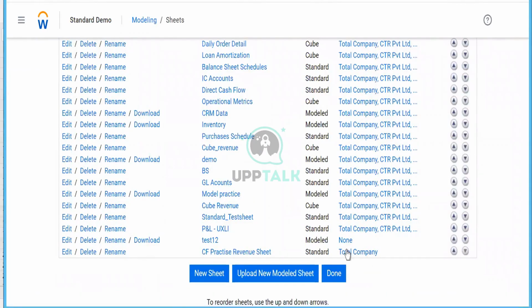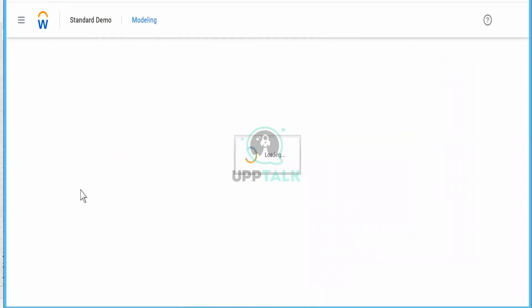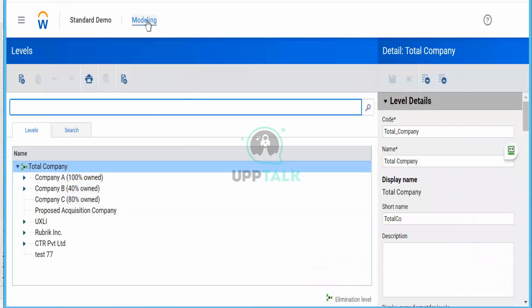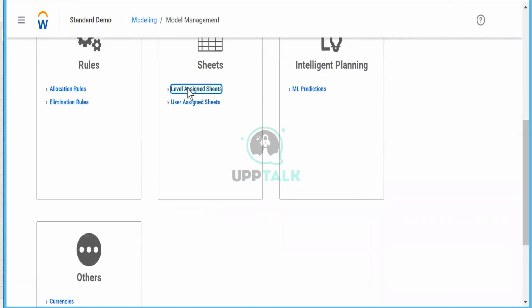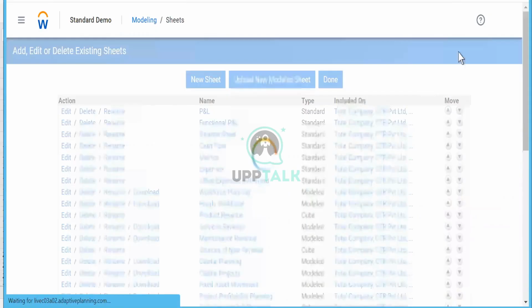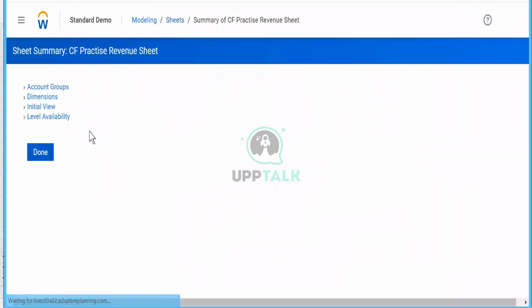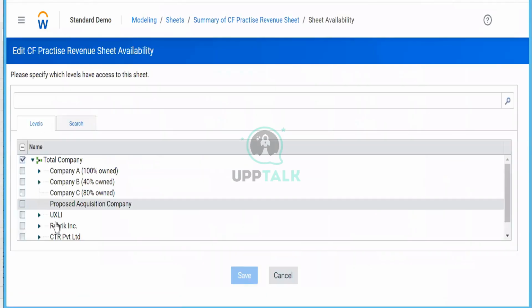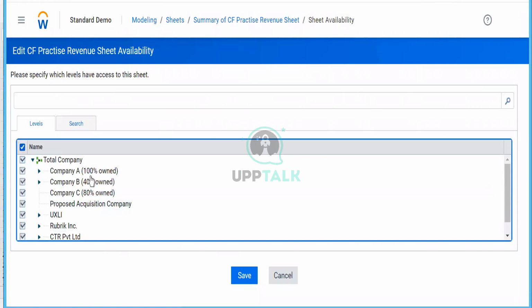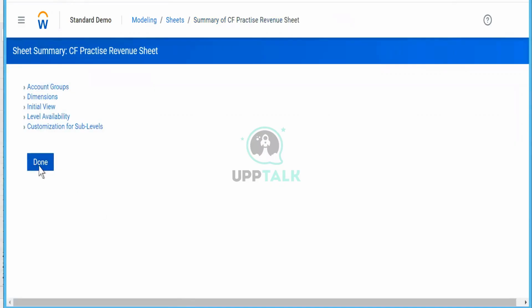In order to change the level again, what happened? Once again, I need to click on edit. It's because this user only has the operation level access. Level availability. At the moment, I'll just keep it to all, otherwise I will have to select one by one again.